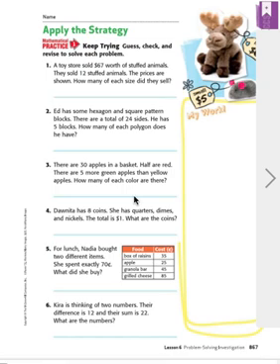Okay, number 3, there are 30 apples in a basket. Half are red, and there are 5 more green apples than yellow apples. How many are there of each color? So first of all, let's write down on our scratch paper red, green, yellow. Just sort of write that down and space it out. We're going to see if we can figure out this one using mental math, how many there are